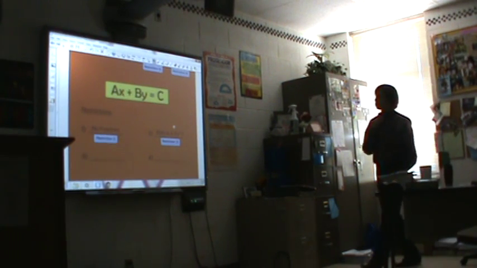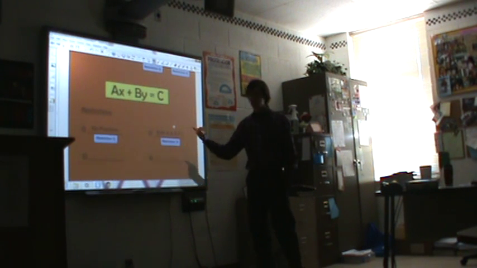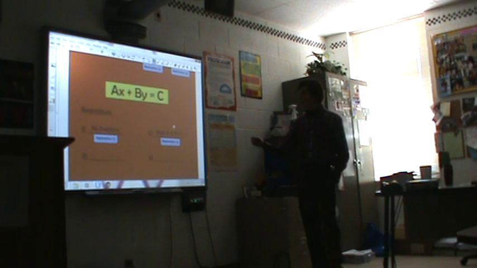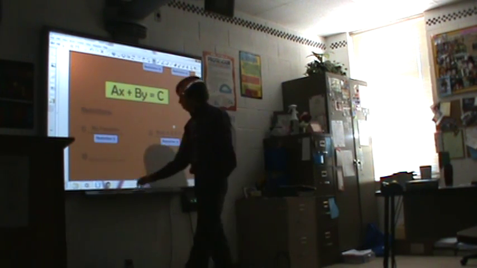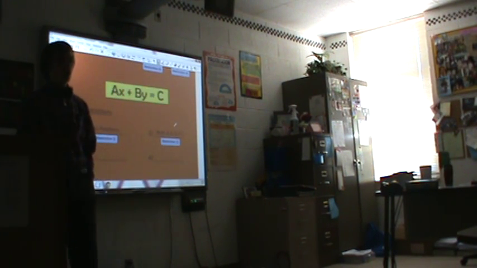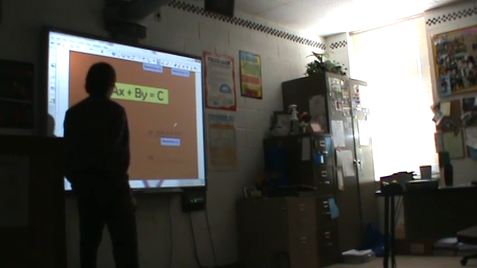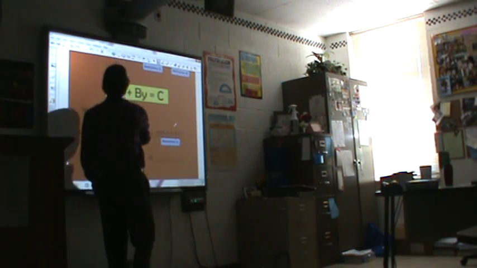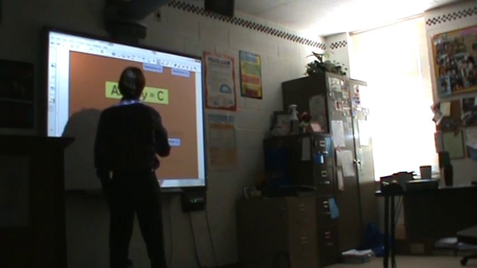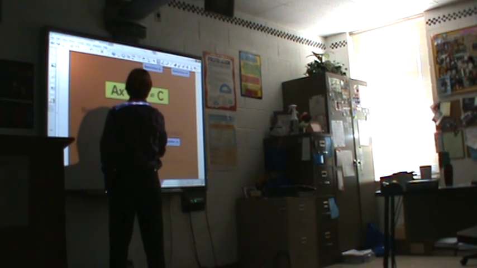This one may be the most notationally intensive restriction. Both a and b cannot equal 0. And that is not to say that a can't equal 0 or b can't equal 0, but they both can't be 0 at the same time. In fact, we've already looked at a couple of examples where a or b are 0. So if we let our b equal 0 in this case, we would have a times x plus 0y equals c. This can simplify a little bit because 0 times anything is just 0. So we would have ax equals c,